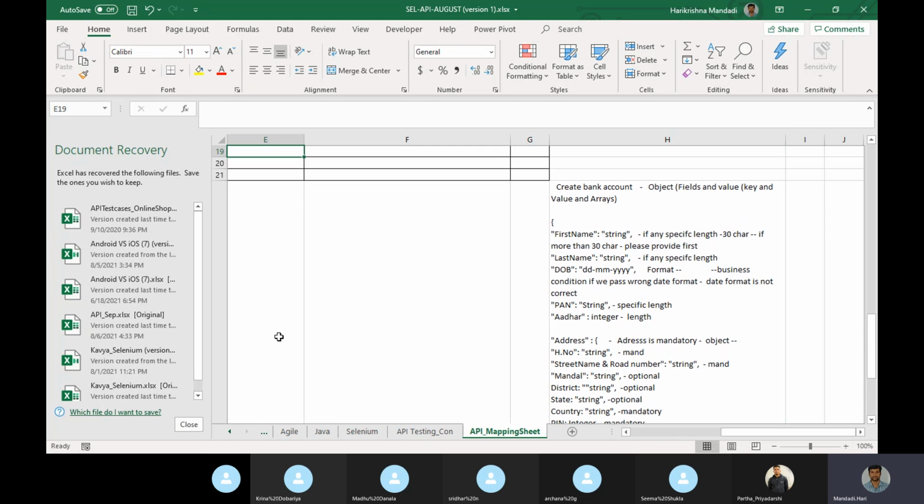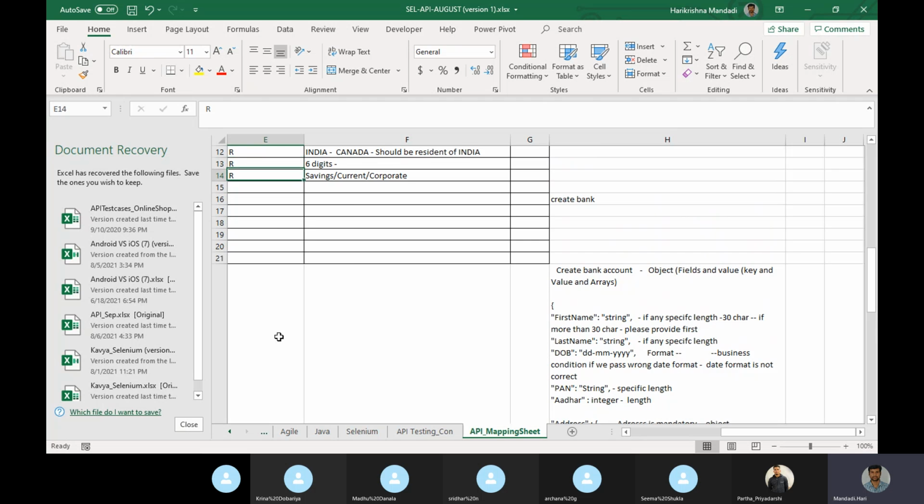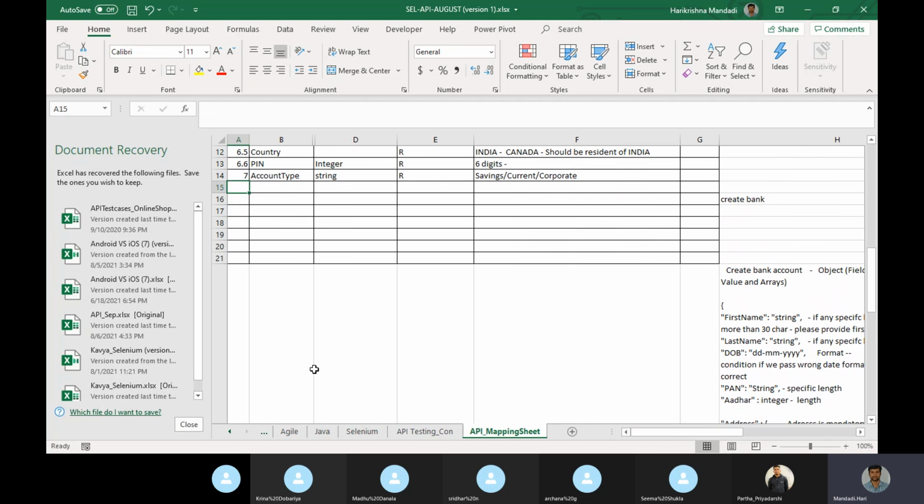So now whenever they give you a mapping sheet, they will explain it. This way you are not going to prepare it. Please understand, I am just showing you how it will be.